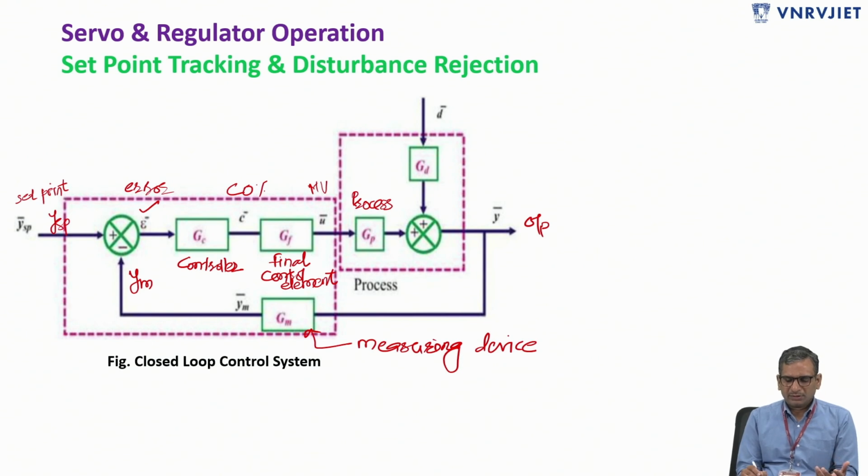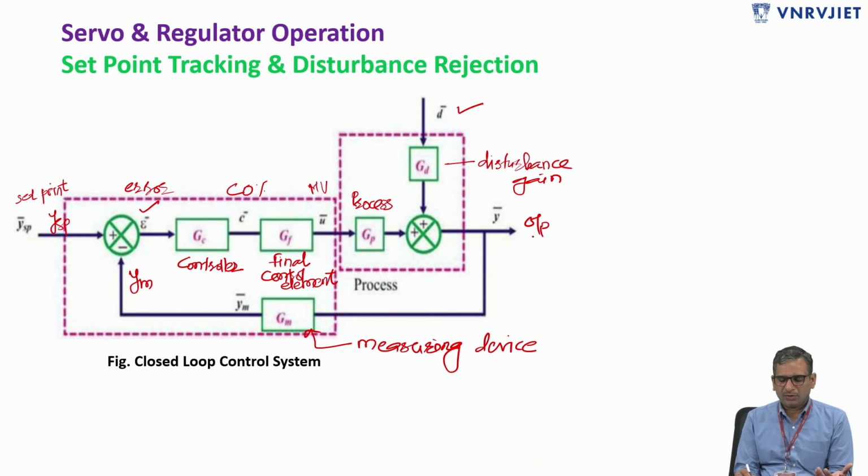So let's say we are introducing a disturbance to understand the effect of the controller in the presence of disturbances. How the controller is going to perform in the presence of load or disturbances, that we need to analyze. Consider this GD, this is the disturbance gain. Now the control variable or the output of the process is given as Y. So what exactly does this servo and regulator operation consist of, or we can say the set point tracking and disturbance rejection. So if we consider one example, let's say